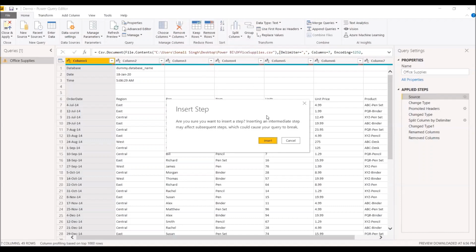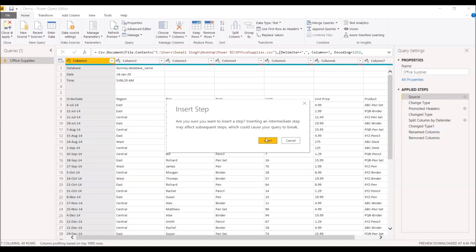So I'm clicking there. Now Power BI is asking me whether you want to insert a step or not. The only reason why it is asking me this is because I am applying this step after source. If I had applied this step after removed columns, Power BI would not have given me this option.